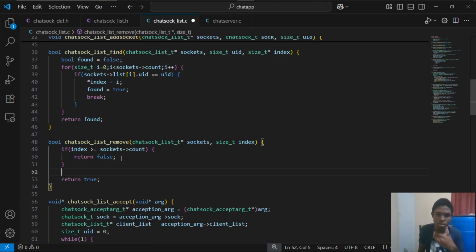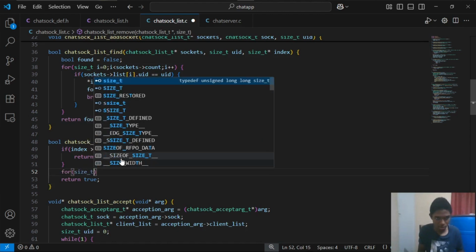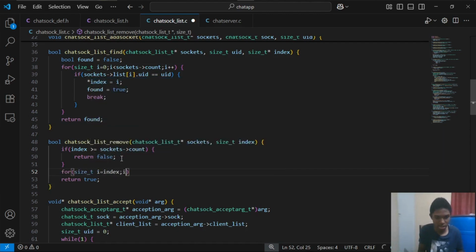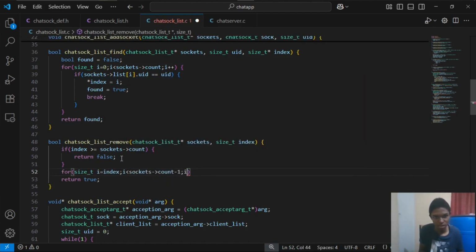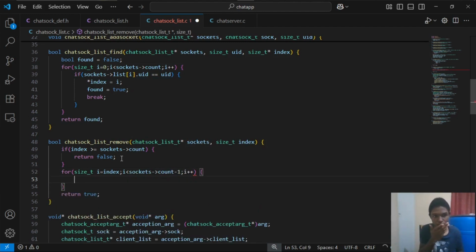Now, guys, in order to remove a client by the index, we'll need to start iterating from that index, and we'll need to shift that client to the end of our list. So let's have a loop right here. We'll have a for size_t i is equal to our index, i is less than our sockets count minus 1, i plus plus, and we'll say,